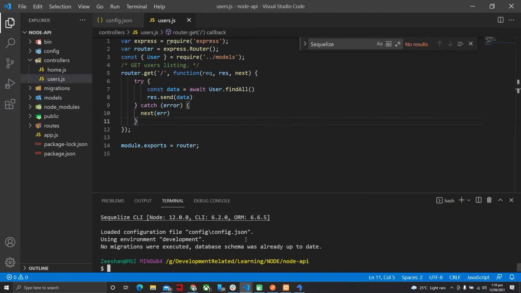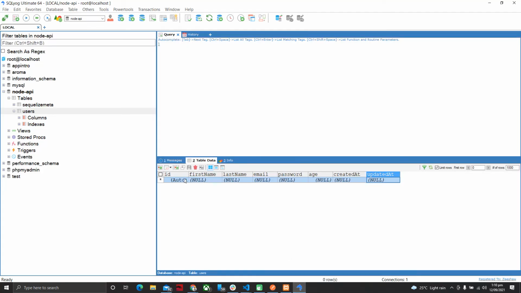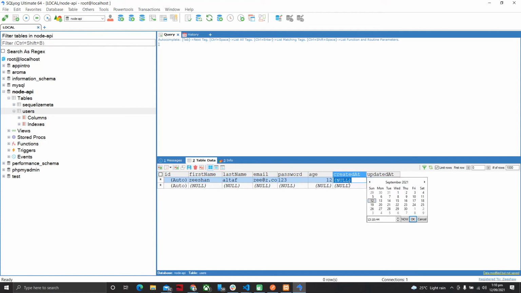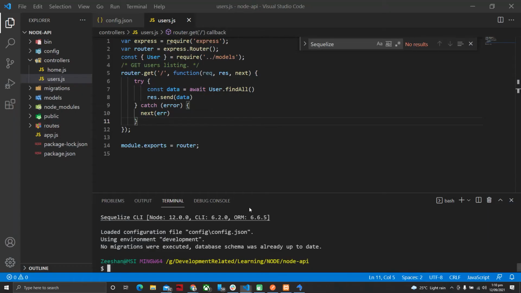So hope for the best, I am just adding data here by hand. So we will have password should be 123, age 12, okay. Now you can see I have added the data. If I go and run my application using node